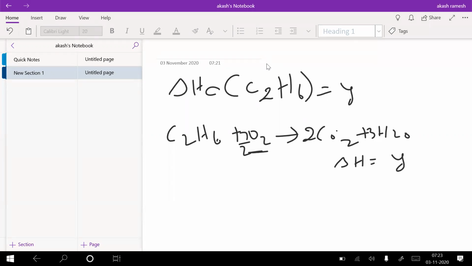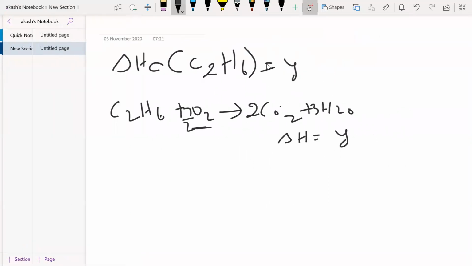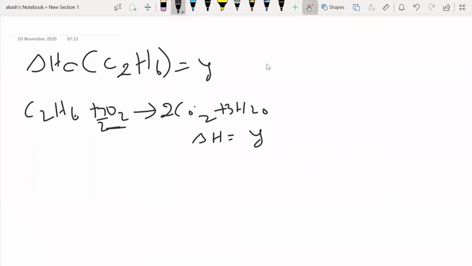Yes, this is how. So I think everybody understood, right? How do you write enthalpy of combustion, right? So very, very simple, people. Now, with the help of this enthalpy of formation and the enthalpy of combustion, I told you I will be able to find the overall enthalpy of a complex reaction, isn't it? Now I'll give you how to do that.